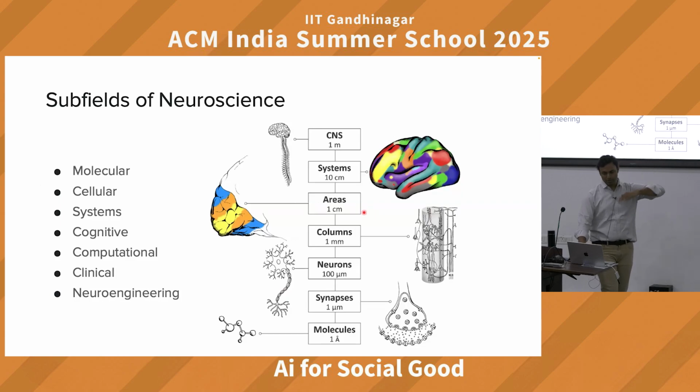We start from different levels, going from molecules to the whole organism. With molecules, you do what is called molecular neuroscience. You understand different chemicals, how they work. Then there is cellular neuroscience at the levels of neurons and synapses. Then there is systems neuroscience, where you see at a system level how different brain regions are working together. Cognitive is on the whole, how the brain is working at a big level. Computational, we use computational modeling to try to understand how these neurons are working.